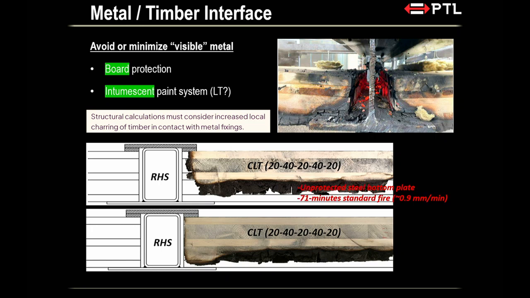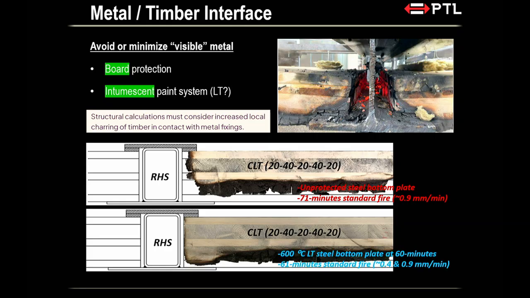They do this in a standard fire test, so all the steel is unprotected. What we have is 71 minutes of standard fire test, and if you just roughly estimate 60 mil of charring, that's about 0.9 millimeter per minute of charring, and you can see what's happening here. This is all char and gone. And what if your floor has some kind of loading, which you ended up with that particular condition up there, where char is progressively getting crushed, and then timber being pushed ever closer towards the hot steel, right?